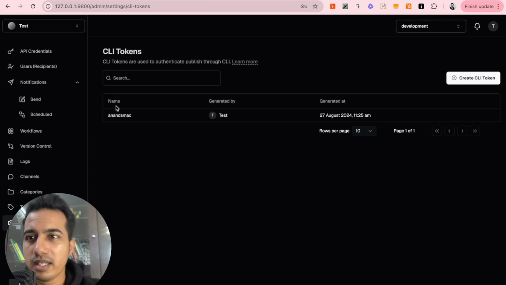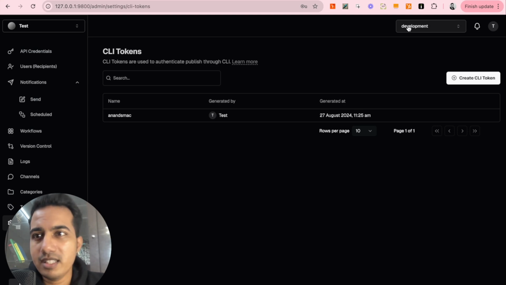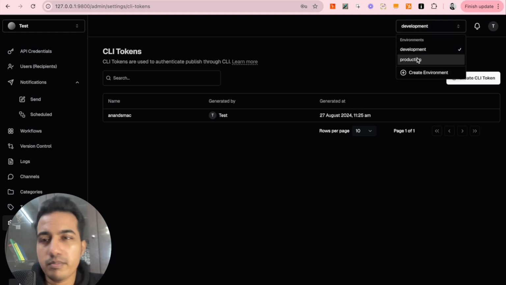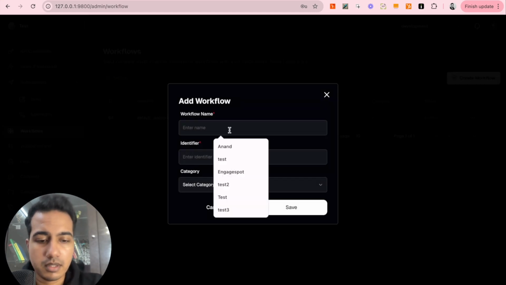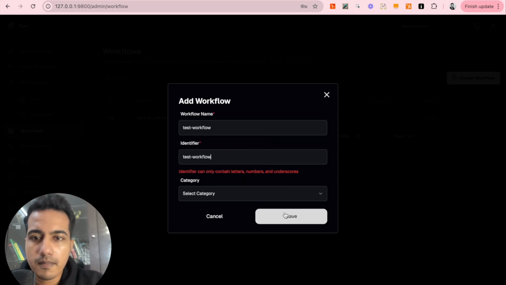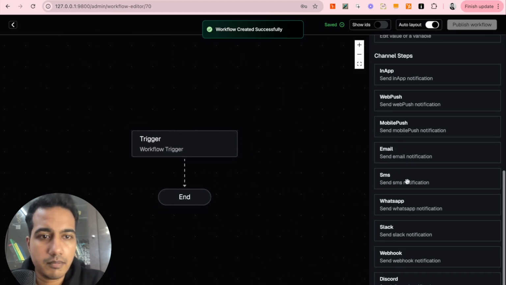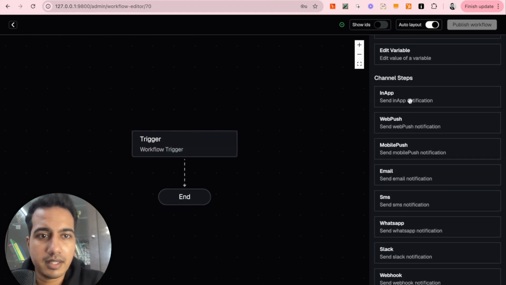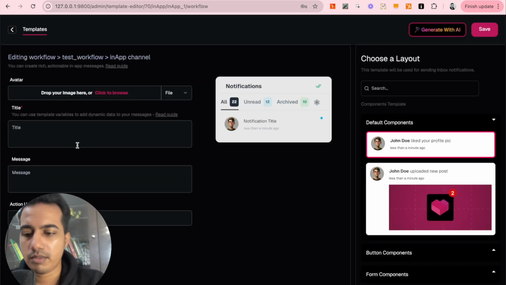I've created an Engagespot account and I have two environments here. One is the development environment and then the production environment. Now let's create a new workflow in the development environment. Right. Now we will add the in-app step and let's type something like